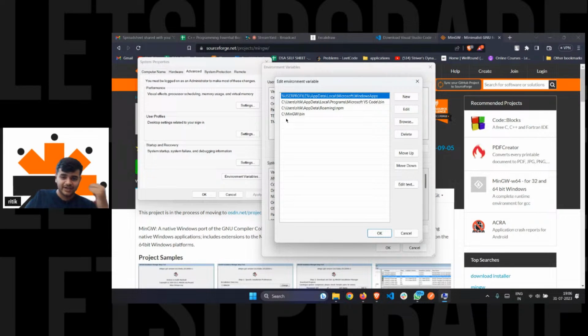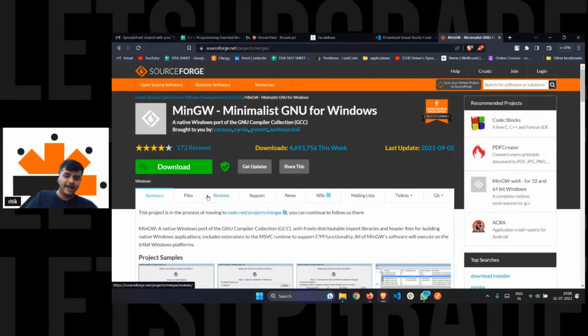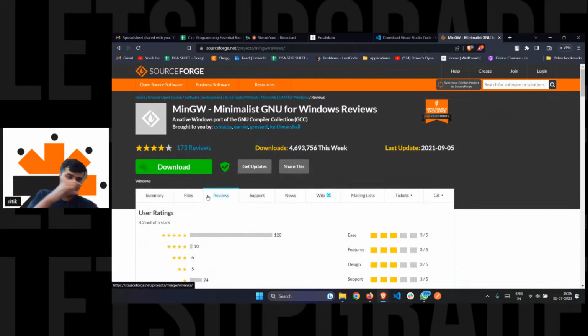All right. After clicking on path, just click OK, and just click OK, right? And you also have to click on apply before that, right? You'll see an option to apply here, because I had already applied it, so I'm not having that option, but you guys will have an option to apply. Click on apply, and this is how you have successfully set up the path of your MinGW compiler.